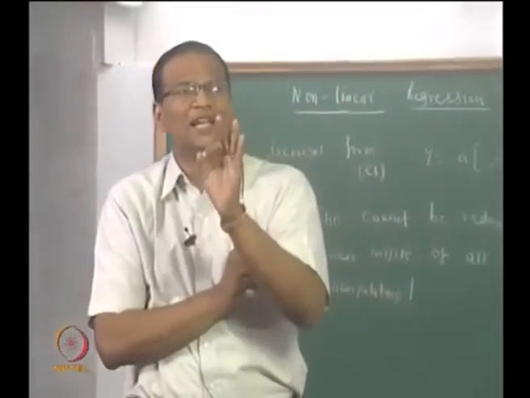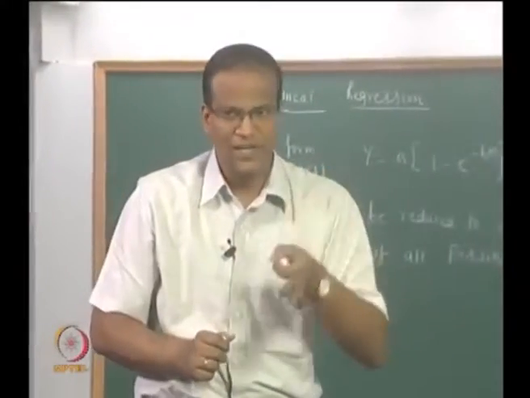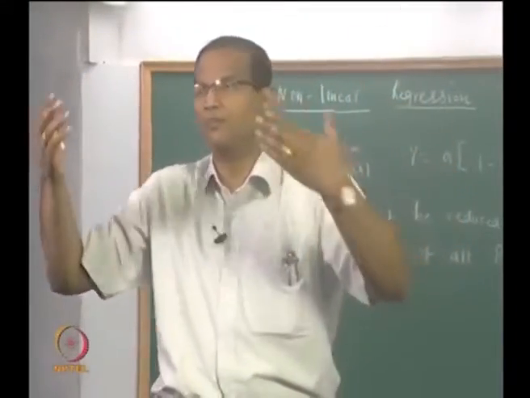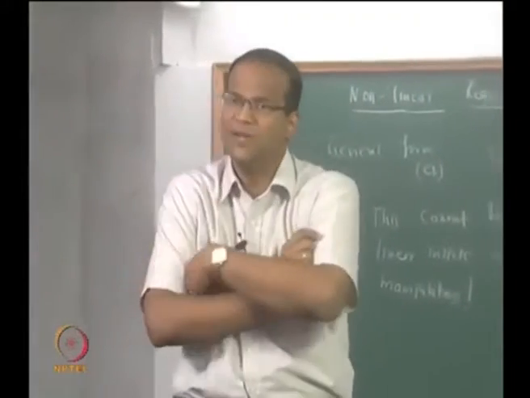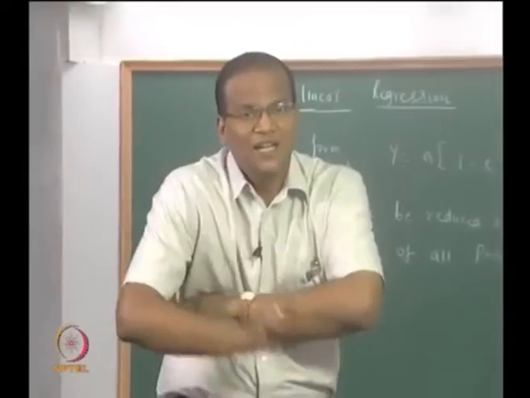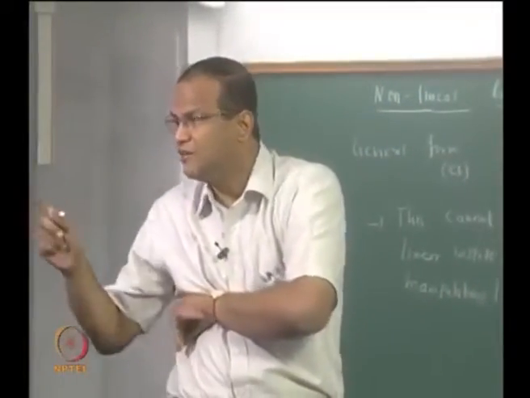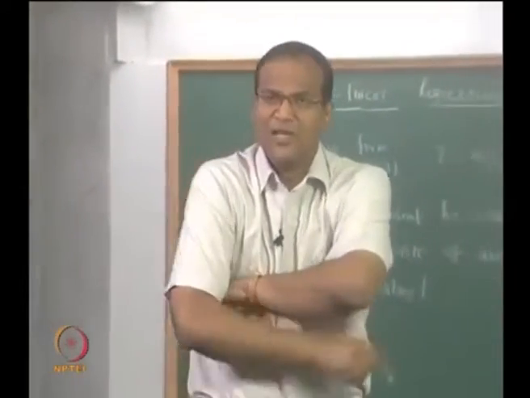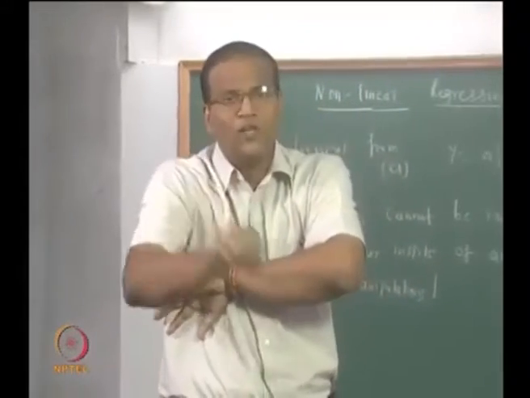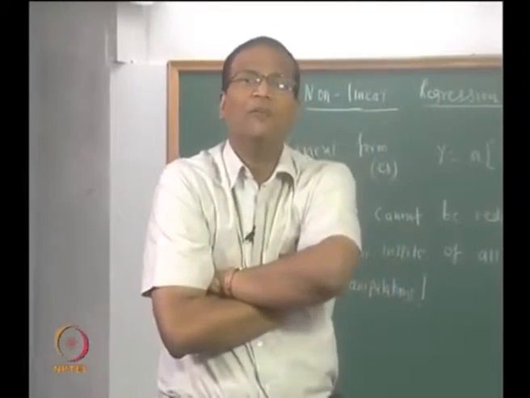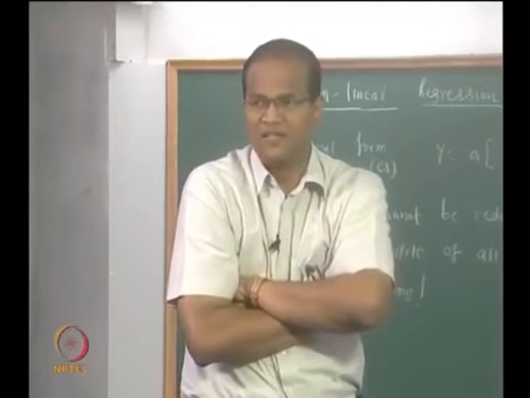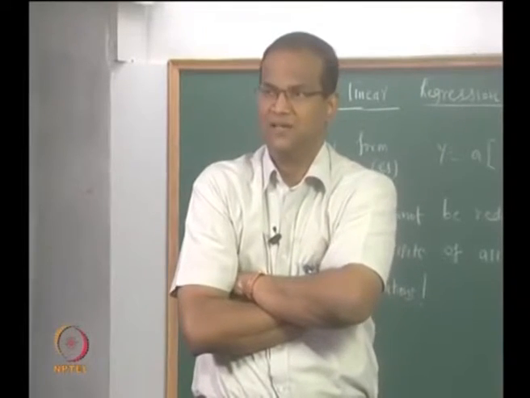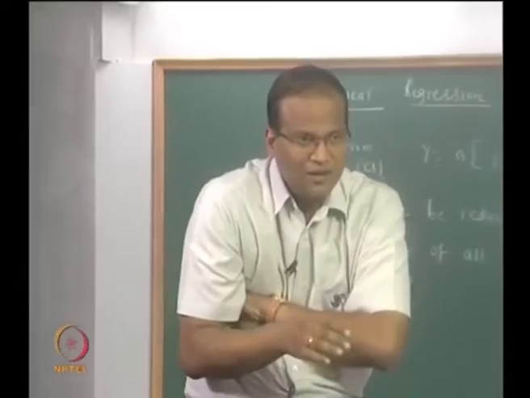Basically the key is we are still using linear least squares, which means we have to approximate the nonlinear form by an appropriate linear form. That means we expand it as a Taylor series in the neighborhood of a, b, that is a naught, b naught, the initial values of a, b, then truncate with first order terms and then use a least square minimization. When doing the least square minimization, since many points are involved, it will be advantageous to use matrix algebra. That is why I introduced the matrix algebra for least squares in the last class. Now the route is clear, the route we are going to take.